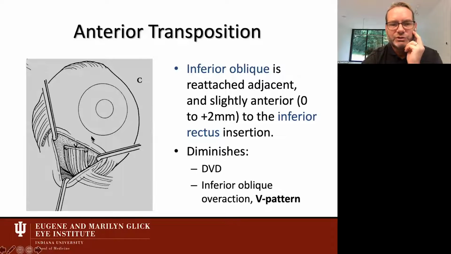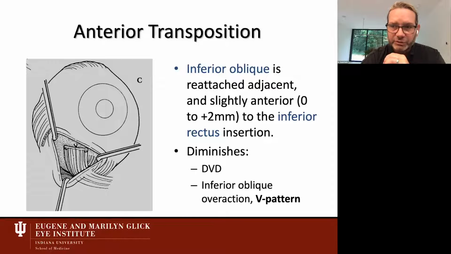It can be anywhere from 2 millimeters anterior to the inferior rectus insertion, 1 millimeter, like this example, 0 millimeters right next to it. And sometimes I'll even do negatives, -1 or -2. Some people call that a pseudo anterior transposition, but it's somewhere between a recession and an anterior transposition. So again, it diminishes DVD,